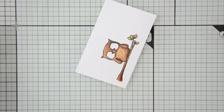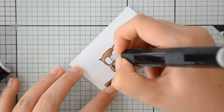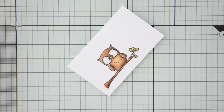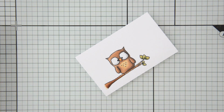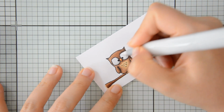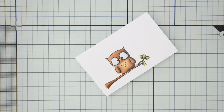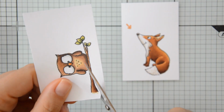In order to get a nice blend, I came in with a second layer of color. And then I added some shading to the eyes of the owl, and for that I am using IG2 and IG1, so this would be cool gray markers, and this way the eyes still look white, but they have a rounded appearance. I also blended the color out with my colorless blender, and then I could go ahead and start